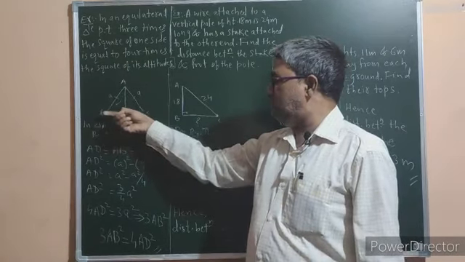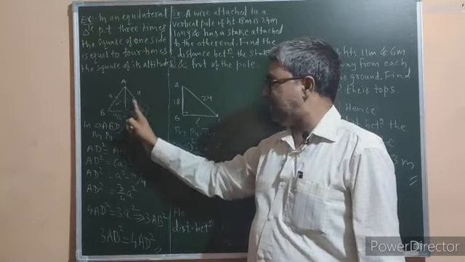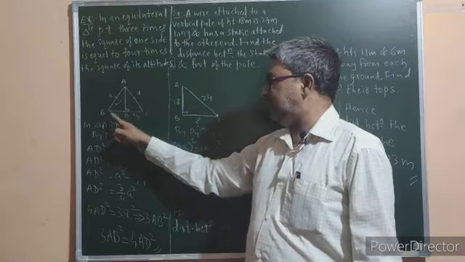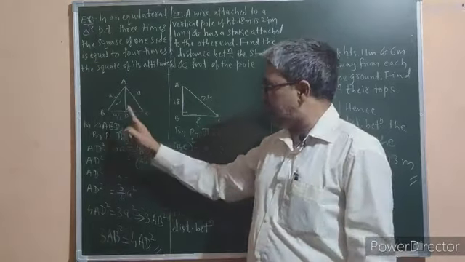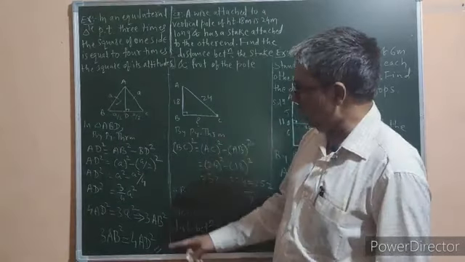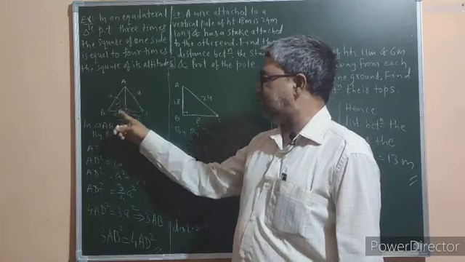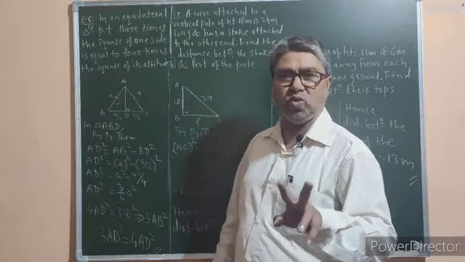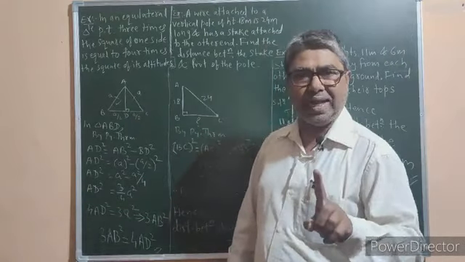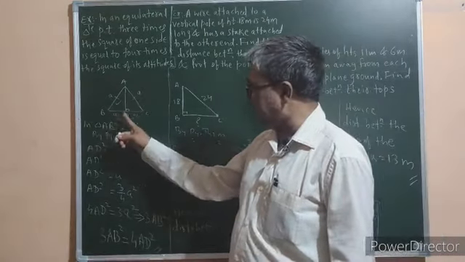is drawn perpendicular on BC, that is altitude, and this altitude divides the base into two equal parts, BD and DC. If BC is a units, BD and DC must be half a units. Now in triangle ABD, due to this altitude, the triangle ABC is divided into two right angle triangles. Let us consider any one of the triangles to apply Pythagoras theorem. So let us consider triangle ABD.